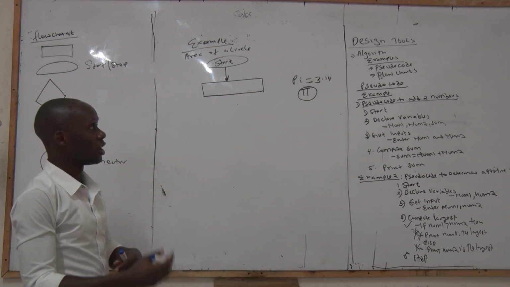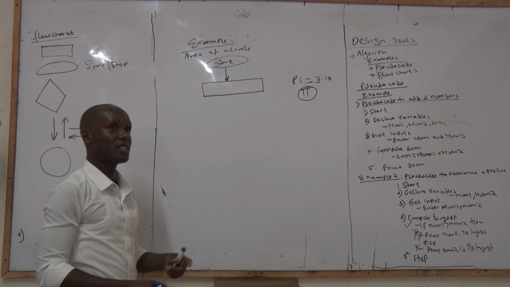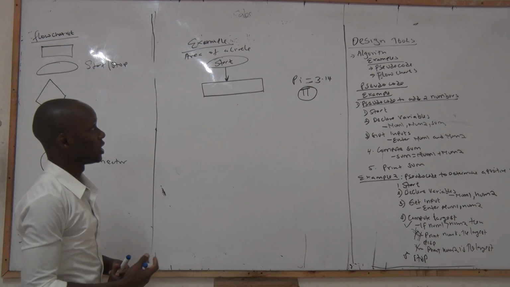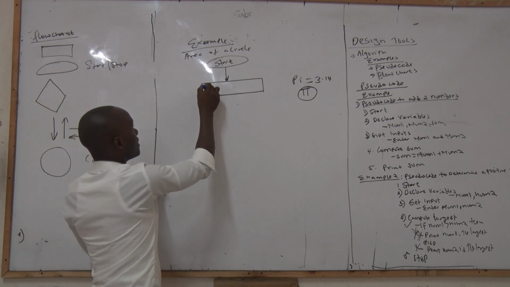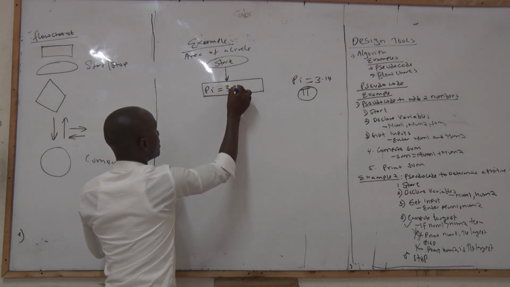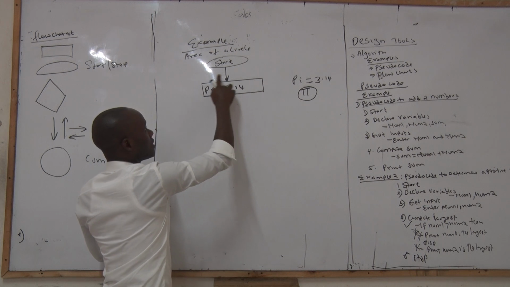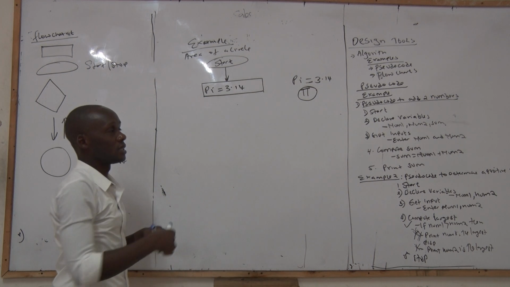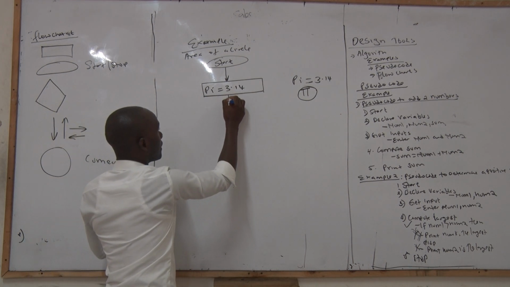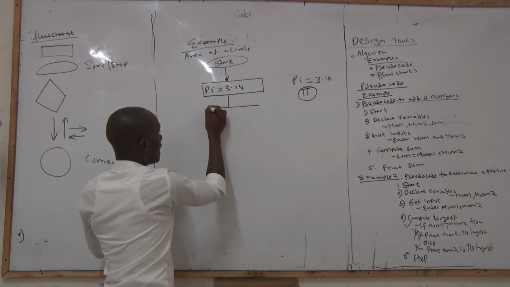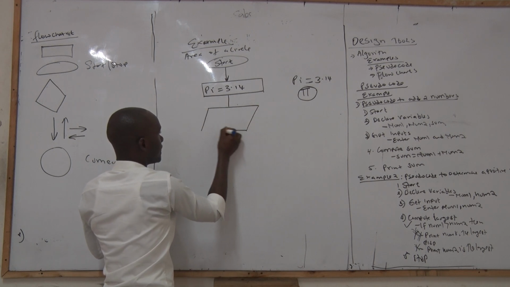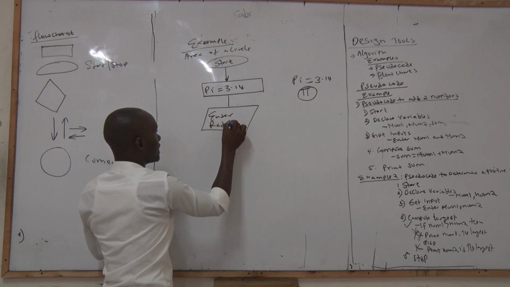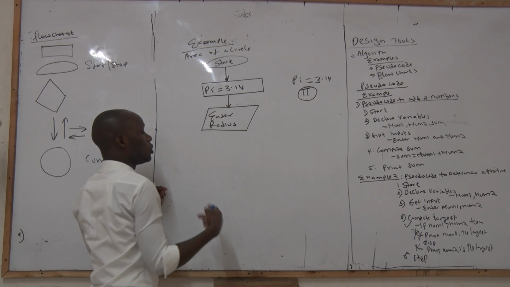It means this value will not change. A constant is a variable whose content remains the same during program execution. So you can say pi is equal to 3.14. We are using a rectangle because initializing is an example of an activity that falls under processing. Then from there we come up with this shape, which will allow us to enter. So you say enter radius. Radius is a variable whose content we keep